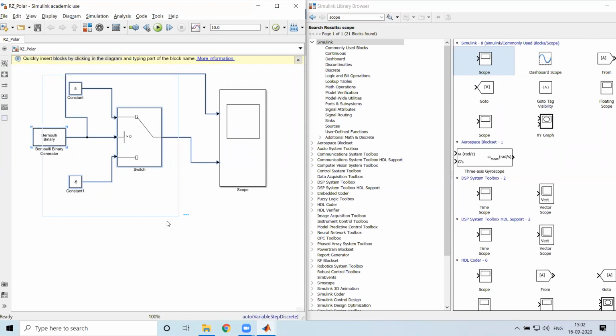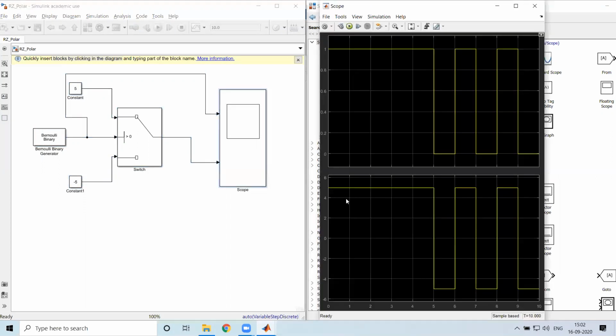So for that, we have some addition to do here. Once I have got NRZ, I should be getting RZ formatting just by changing some slight representation. If I observe here, this is one entire bit duration. It should stay at 5 volts for half of the bit period and then return back to 0. Again, the next bit is logic 1, so it should stay at 5 volt, and again return back to 0. The same thing should be happening over here. In order to do that, we have to include two additional blocks. So let us see what those blocks are.